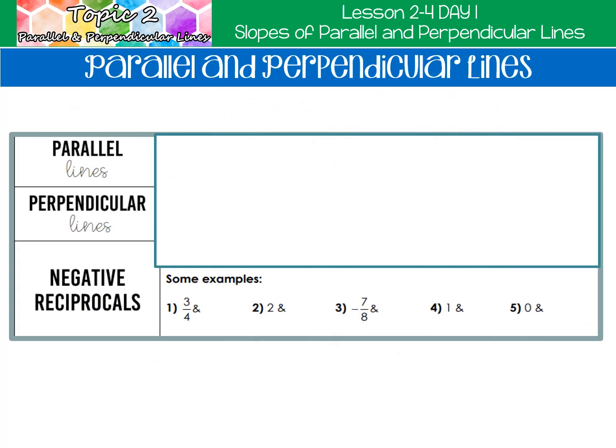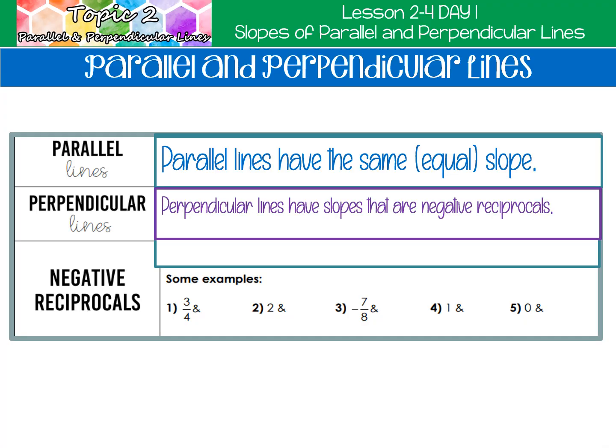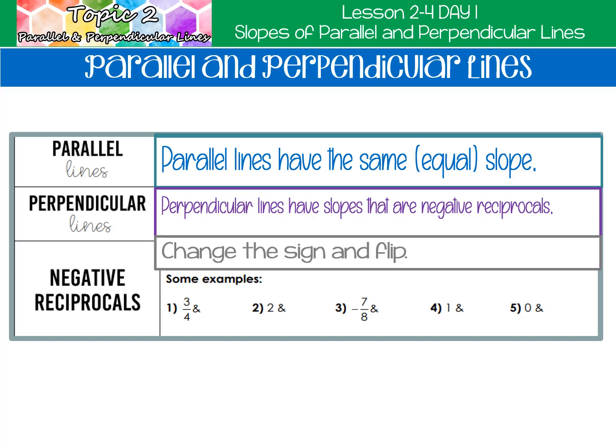Parallel lines and perpendicular lines. Parallel lines have the same slope, equal slopes. Perpendicular lines have negative reciprocal slopes. That means they change the sign and flip. So if we have, for example, 3/4, change the sign and flip it upside down, the negative reciprocal is negative